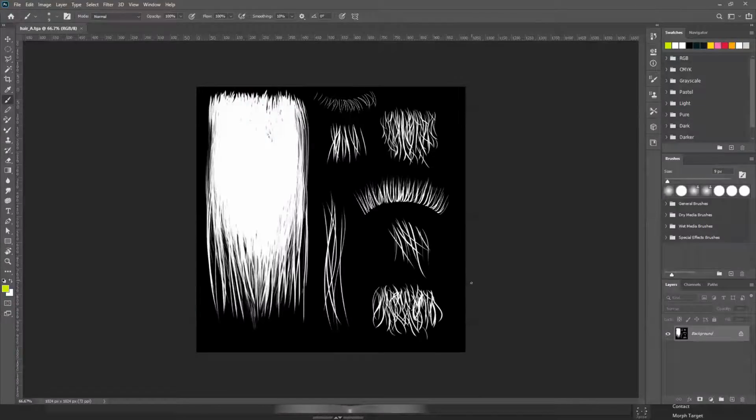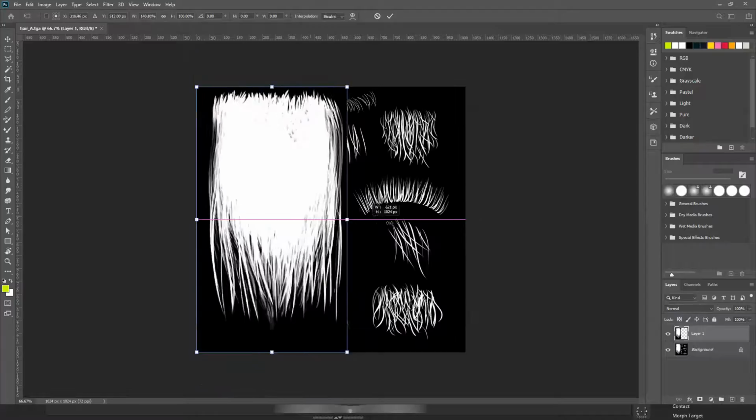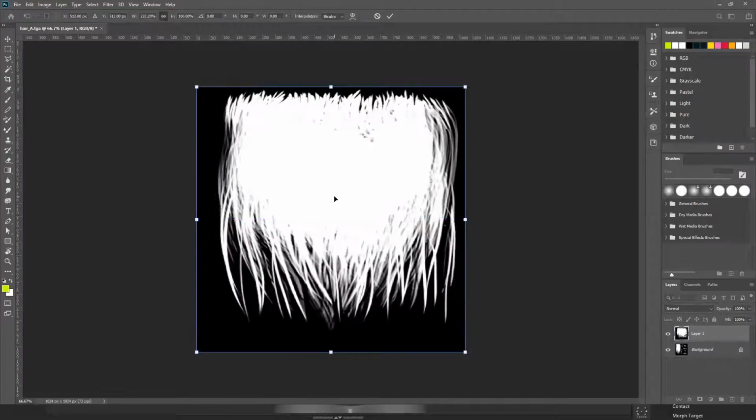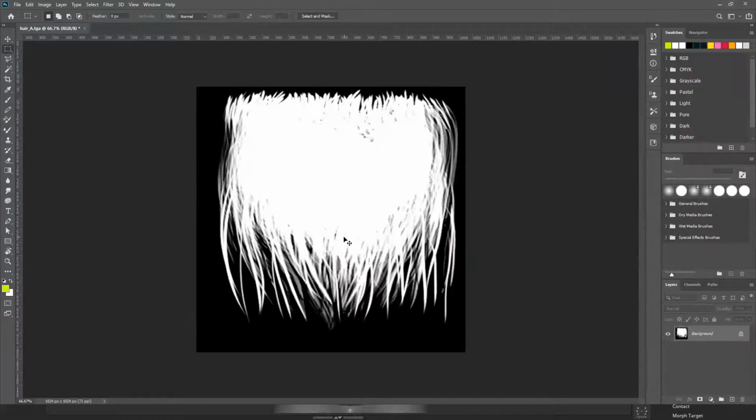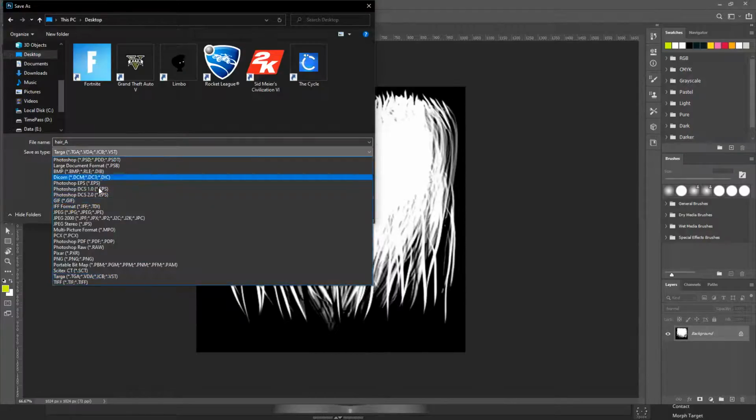I already have a hair. Okay. Shape it with T. Save desktop as PNG.